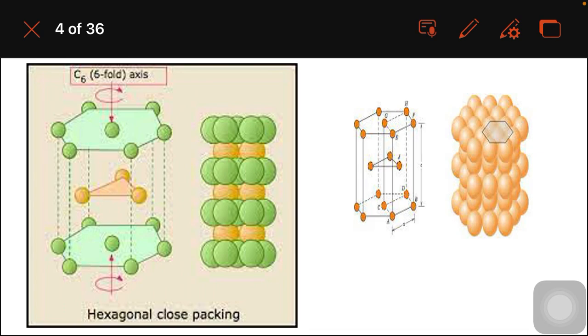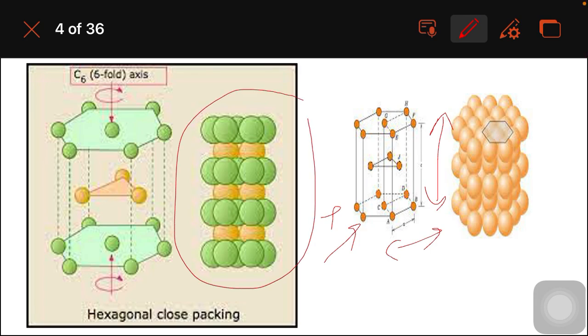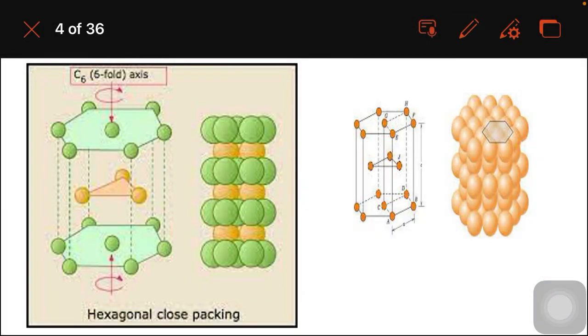So this is the unit cell of hexagonal close packing. Here in this unit cell, A is the lattice parameter, which is the distance between two lattice points, and C is the height of this unit cell. Now if we place atoms in this unit cell, the stacking of atoms will be like this, which is AB stacking. So in hexagonal close packing, atoms are stacked in AB type. Clear?